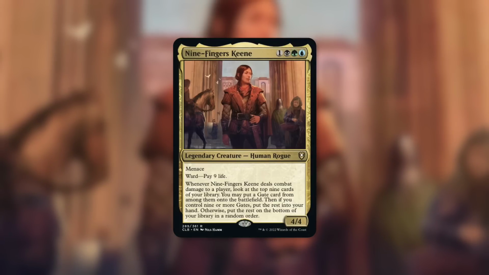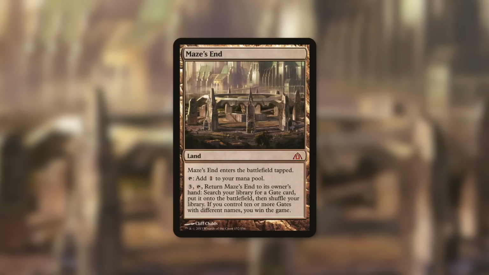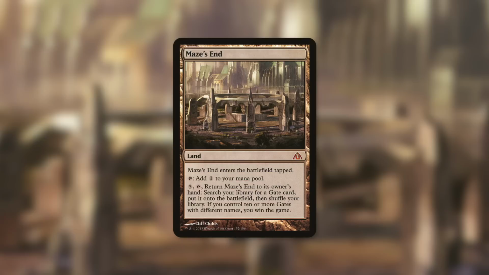But now with all that said, let's jump into the cards. First up, and the first card that came to my mind when I saw this commander, is Maze's End. Maze's End enters the battlefield tapped, it can tap for a colorless, and by paying 3 and tapping it, you